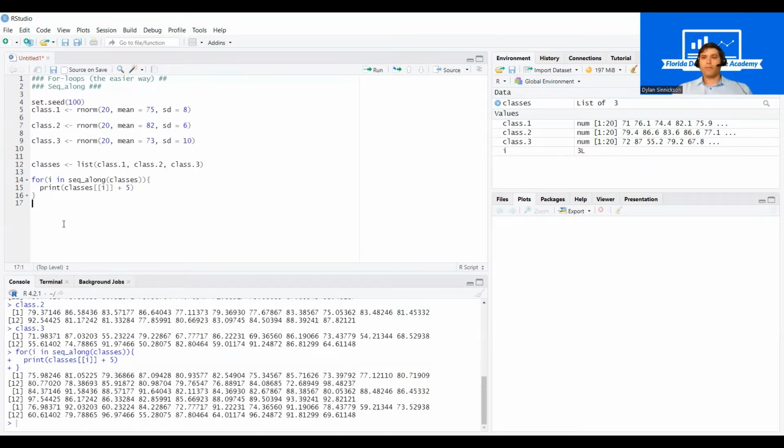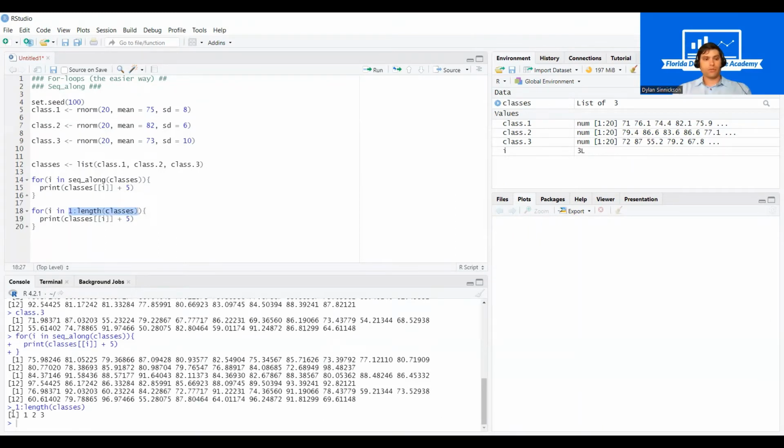If you are familiar with the traditional syntax of using for loops, you probably would have used the syntax that I'm going to describe right now, which would have been the ith element in 1 to the length of classes. Then we'll just copy and paste this same syntax that we used earlier. What this is doing is that we have a vector essentially from 1 to 3. So we have the elements 1, 2, and 3. And then R is basically just going to substitute each one of these numbers in for the ith element in